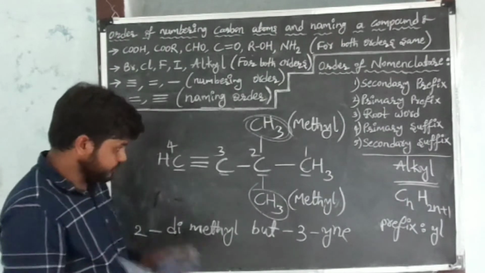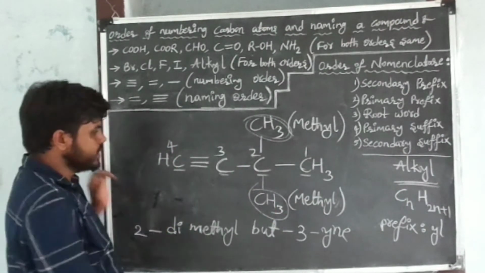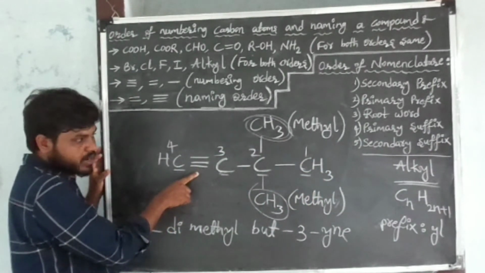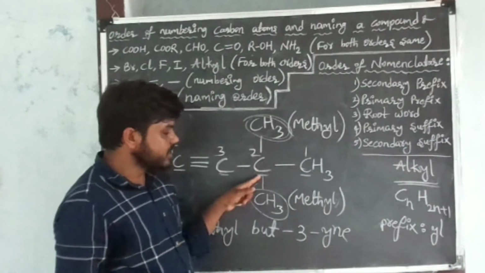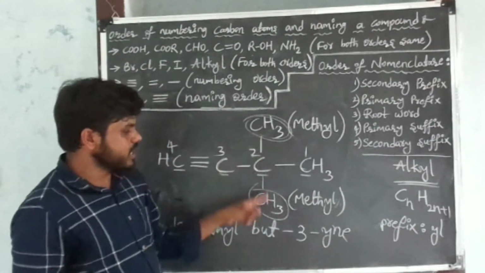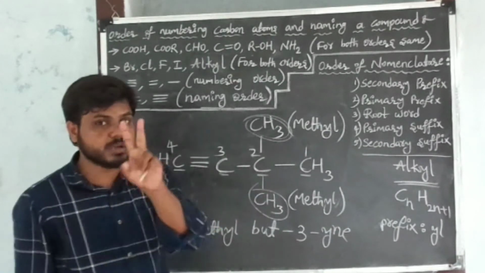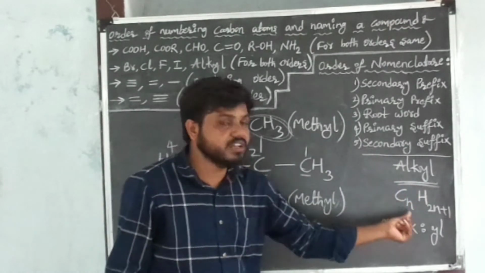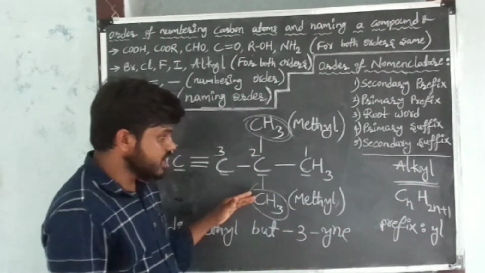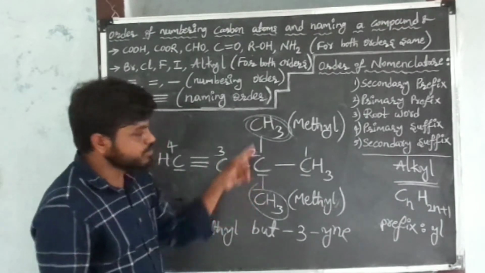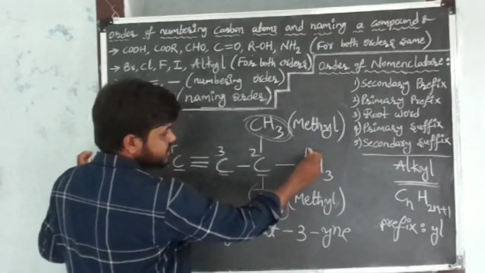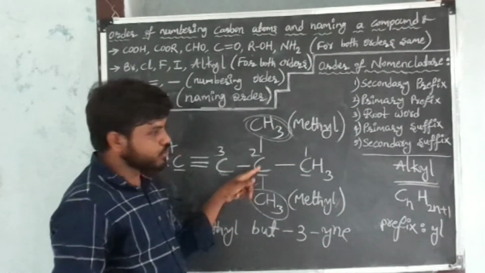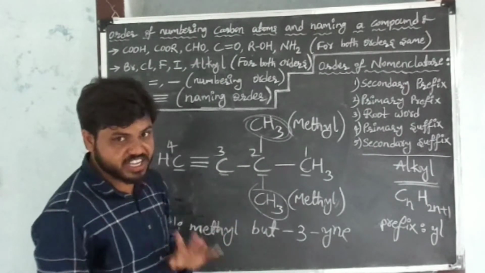I am repeating. This is the given carbon compound, and this is its principal chain. Between these 2 carbons there is one triple bond, and the remaining are all single bonds. At another carbon there are 2 substituents, both methyls. These methyls belong to the alkyl group; you can check with the general formula of the alkyl group. First give numbers to each carbon atom so that the methyl gets the least number. That's why I started from the right side. First carbon, second, third, fourth. This methyl gets the second position, the other methyl also gets the second position, that is the least number, right?